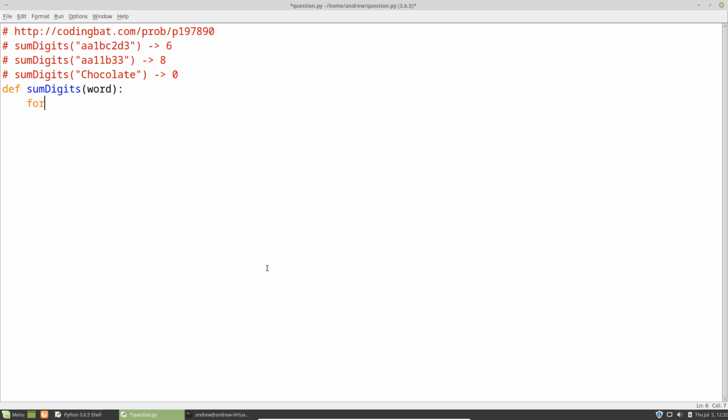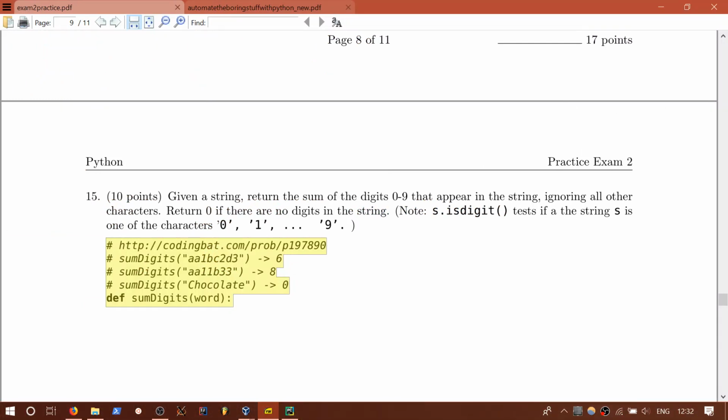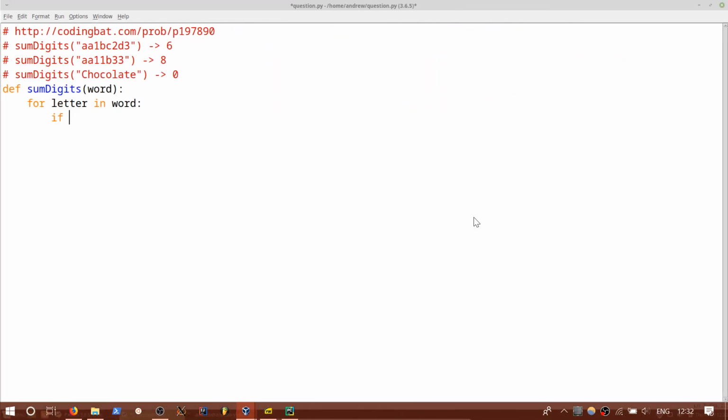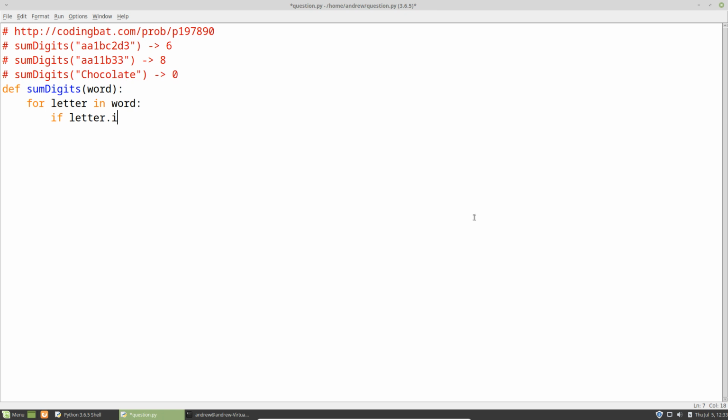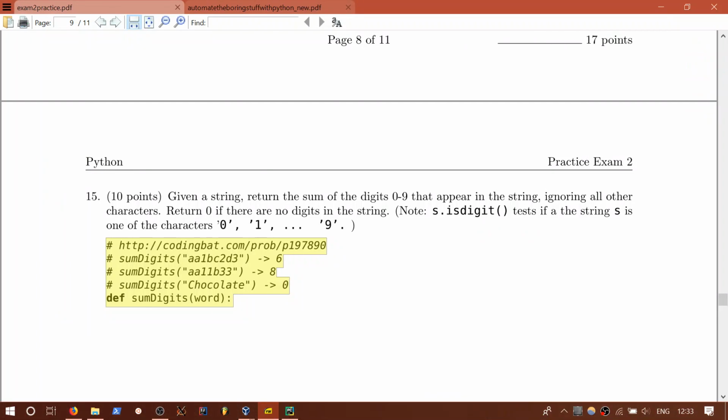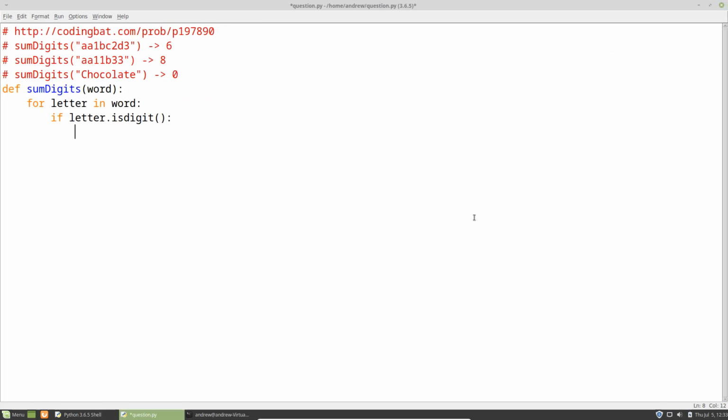Okay, so basically, we need to look at each individual character and just check if that character is a digit or not, and if it is, we add it up. So for a letter in word, for each letter in the word, and then what did it say to do? How did I check? s.isdigit. So if letter.isdigit, well, that's easy enough. If it's a digit, great. If it's a digit, then I can turn it into an integer. So int